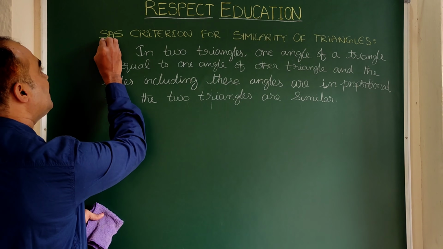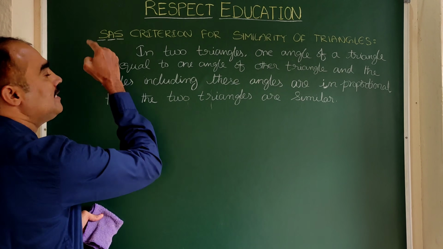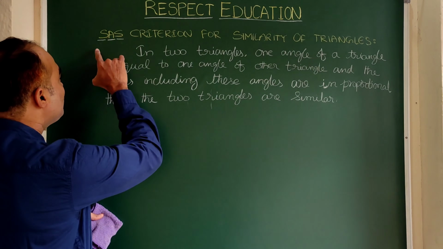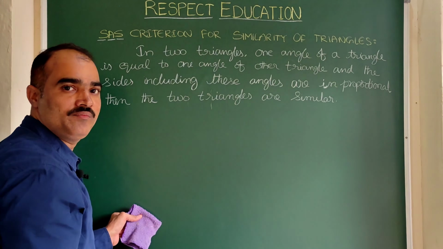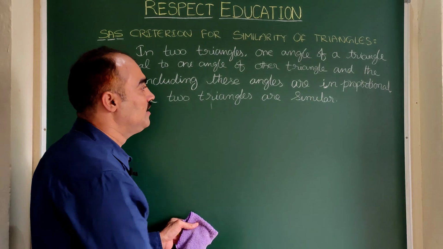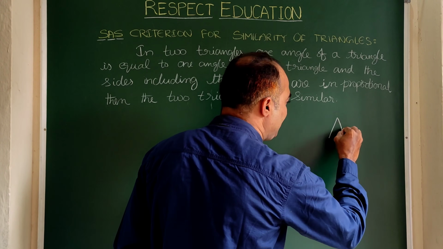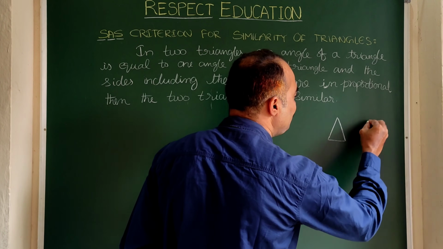How many sides are there? Two sides are there. So if the sides including this angle are proportional, then the two triangles are similar. So let us start the proof by taking two triangles,